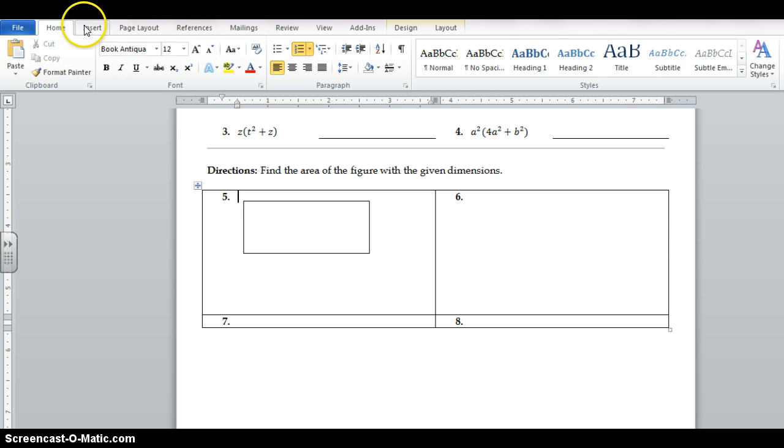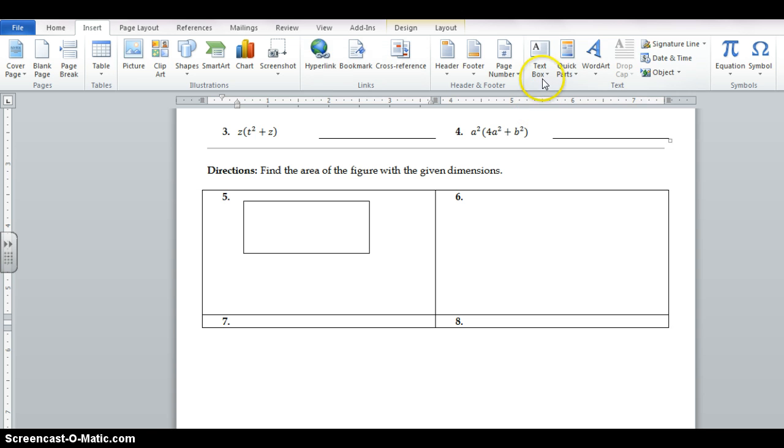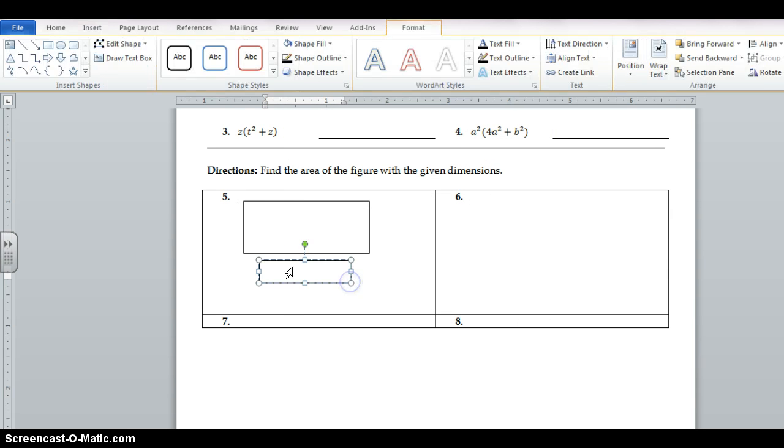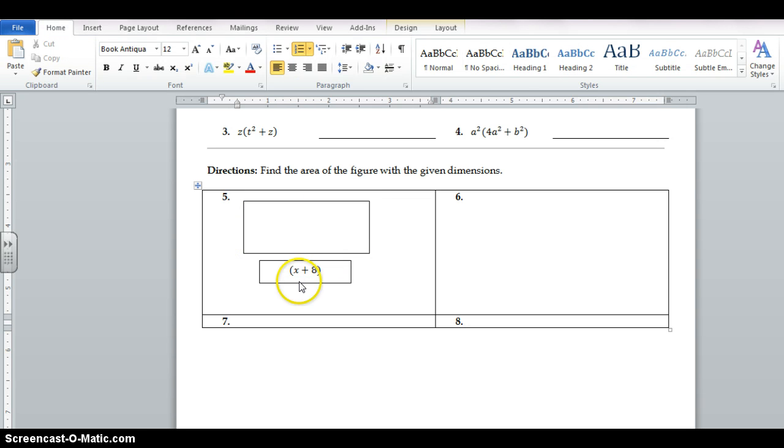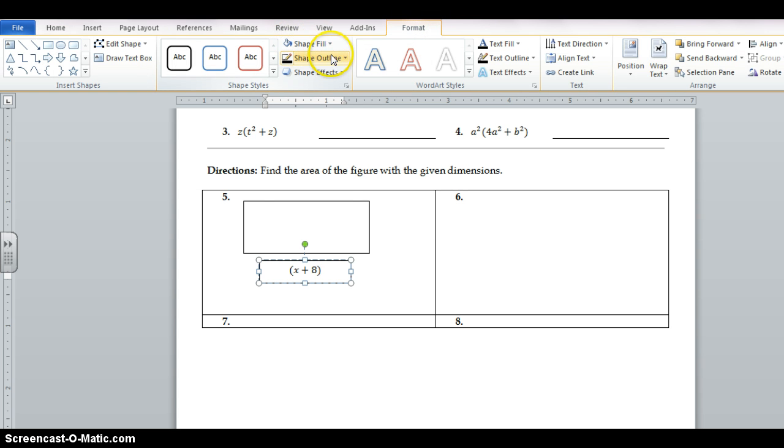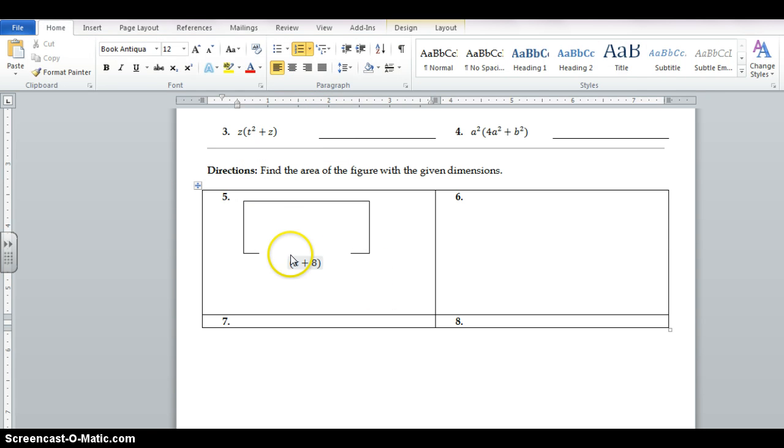To do this, I'm going to use text boxes. So I'm going to the Insert ribbon, and then click the drop-down menu under Text Box. And I'm going to go Draw Text Box. And in text boxes you can also use Equation Editor. So here's my first dimension. And I don't want the actual box around my text box, so I can go back into Format, change my fill, and my outline. And now I'm going to see just the letters or numbers,